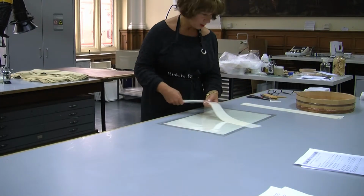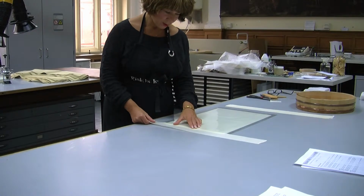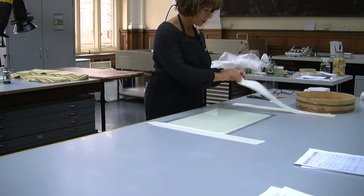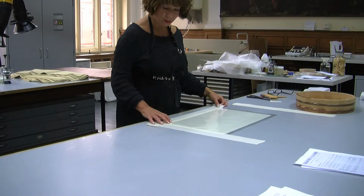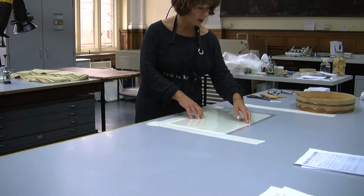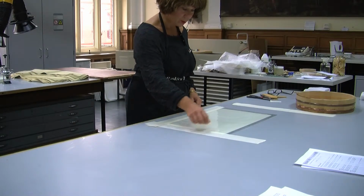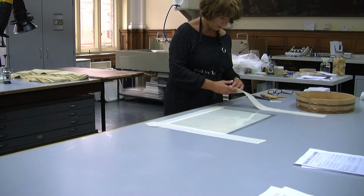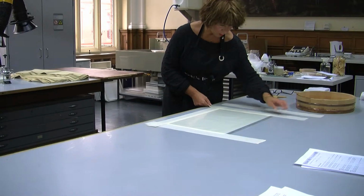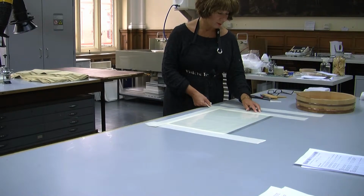Right, so what I'm going to do, Kelly's got these a bit wide, but I'm going to attach this to the karibari board using Japanese strips of paper. Now, generally the paper that you attach it to the board is a lighter weight, because if any tensions are going to occur and any splitting, you want it to transfer itself to this strip, which is disposable, as opposed to ripping your object in the centre. So a lighter weight paper, and what we do ideally is put almost 50% of the strip pasted up onto the object and then 50% onto the board. But I'm going to be a little bit less generous,